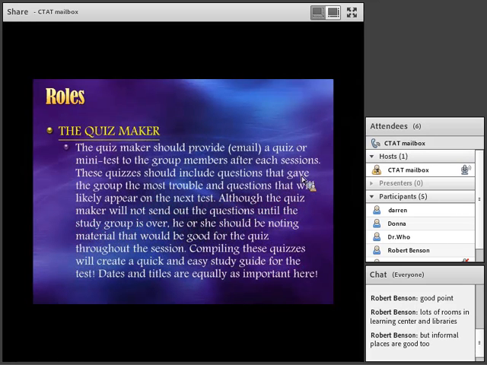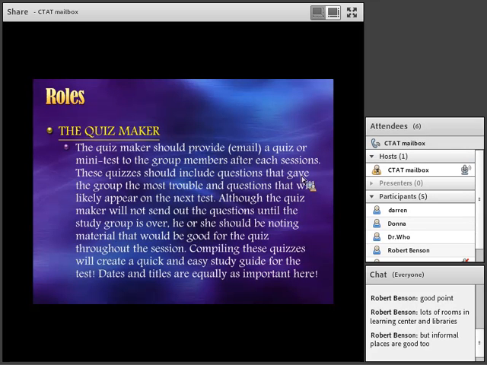The last role is the quiz maker. The quiz maker will take all the information that was done in the study group and after each session provide a quiz of the issues that were discussed in the group. This is another way to produce a product. And it also, because they're suggested to date notes and date quizzes, which seems like something that's really obvious and doesn't make that much of a difference, but it makes a huge difference,